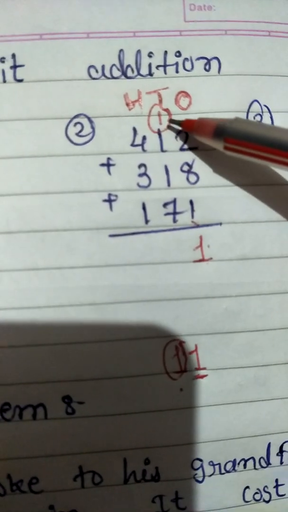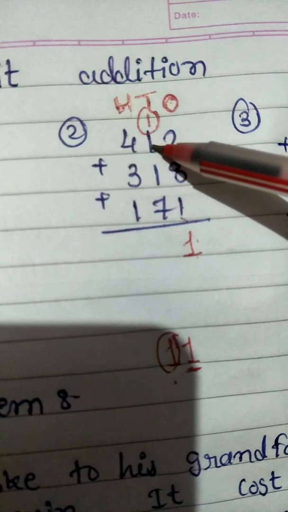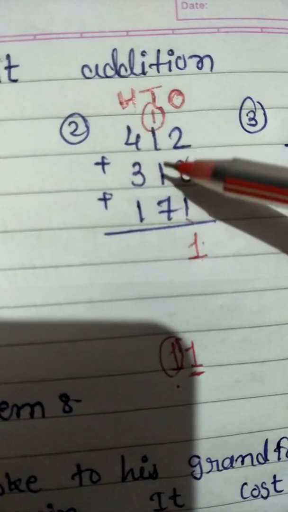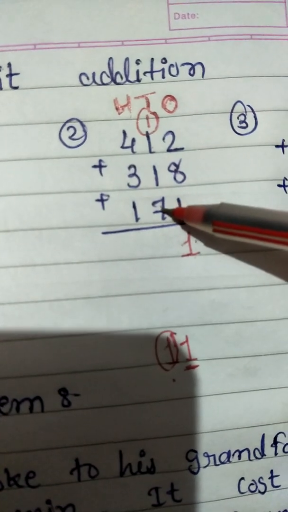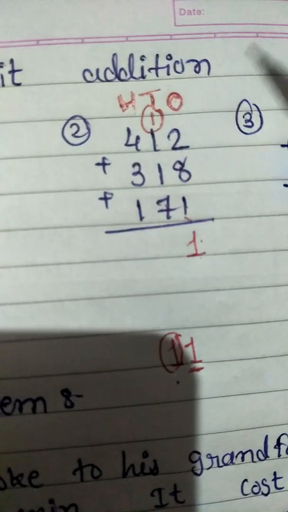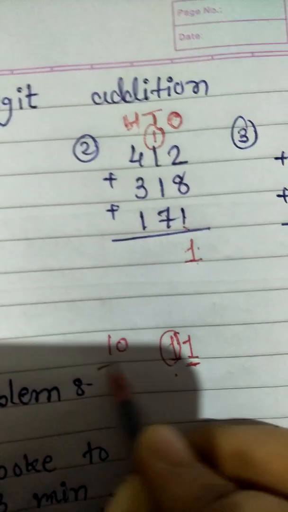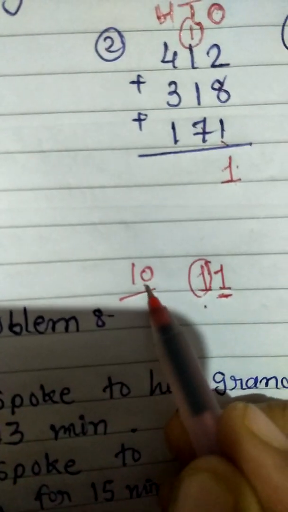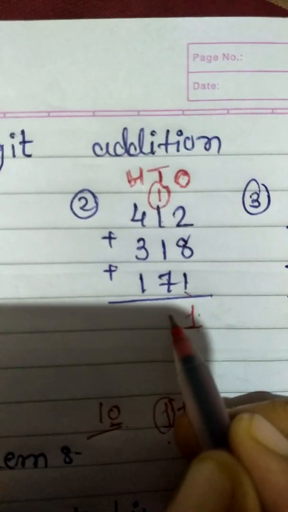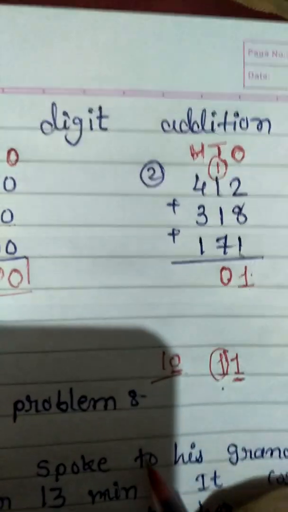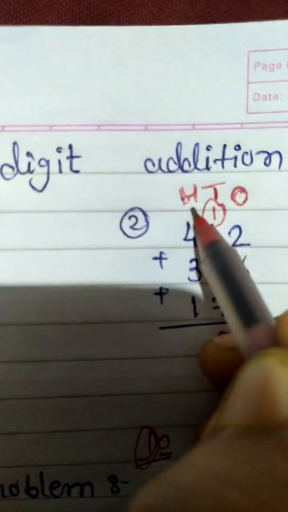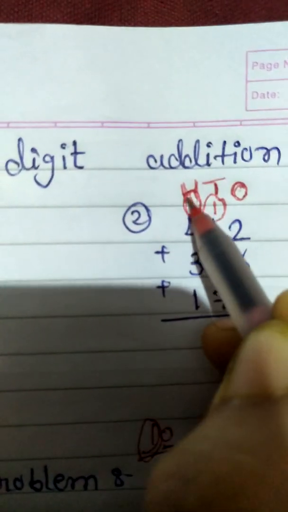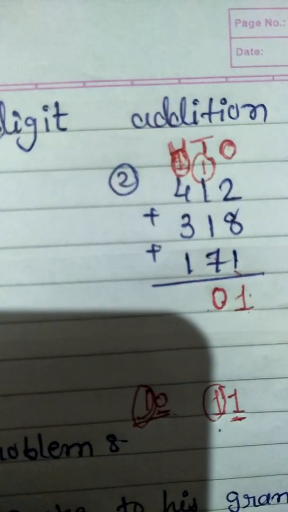So the addition will be 1 plus 1, 2, 2 plus 1, 3, 3 plus 7, yes, it's 10. Again it is a two-digit number. So in 10 the number is 0. Okay, 0 will be written here. And 1, where will the 1 go? Yes, you're right, students. Over here we are going to carry the number 1.